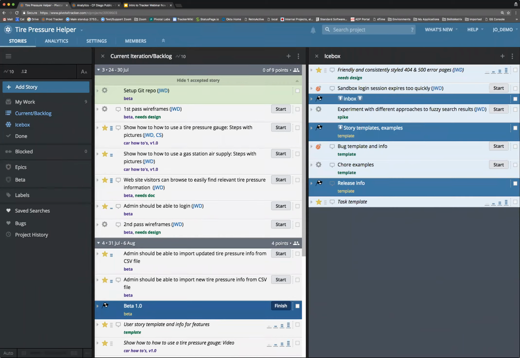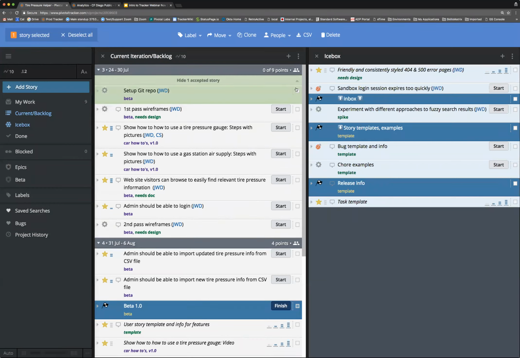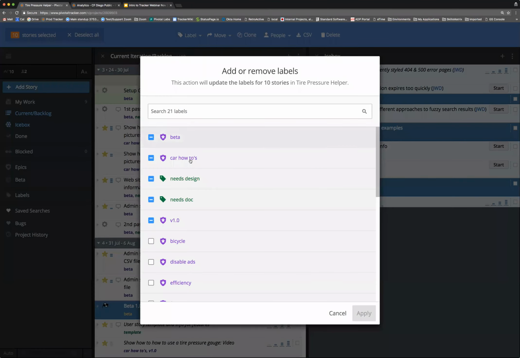They're really just an indication that as these stories get completed and travel through the workflow, this release marker is going to follow them and show your progress towards completion. If you want a little bit more visual heft and more of a container idea for your releases, what I've done for this is I've given all the stories above this release marker the beta label,